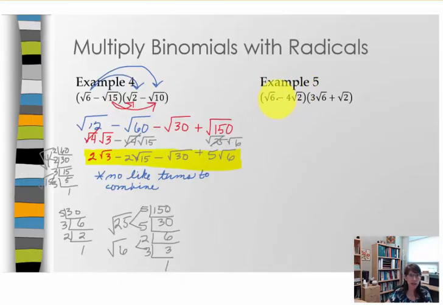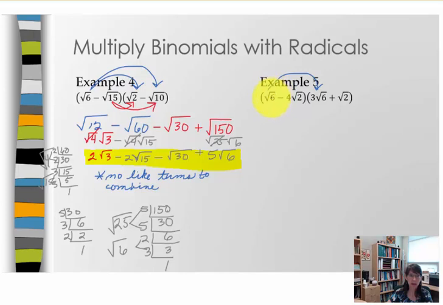For example 5, again, it looks like we have two binomials. The first terms are square root 6 times 3 square roots of 6. So this one is a little bit different. We better be careful here because with this first distribution,